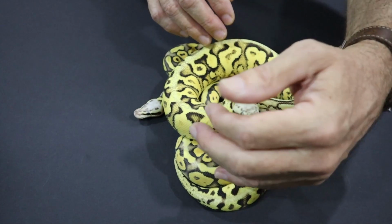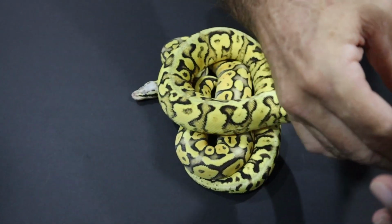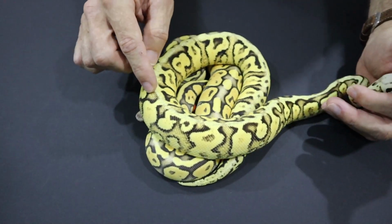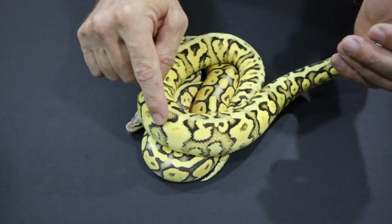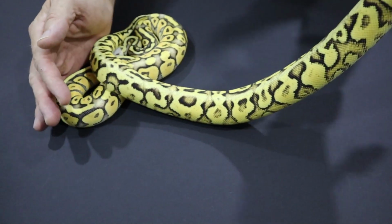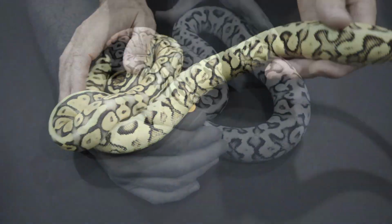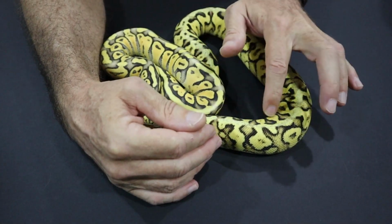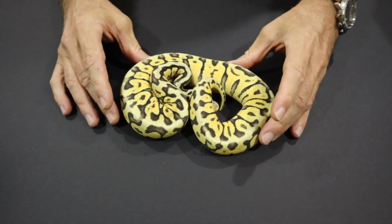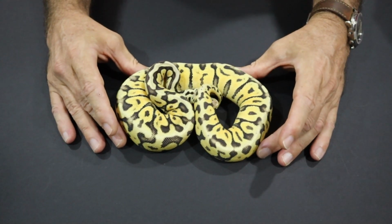So we have more than likely super pastel, vanilla, Yellow Belly, but there's something else going on in this girl here to give this crazy spotted pattern. We don't get that pattern in just the pastel vanillas. So something going on in the multigene girl that is giving this crazy spotted pattern. So let's go on to the next one, and you can see immediately that this one has the crazy spotted